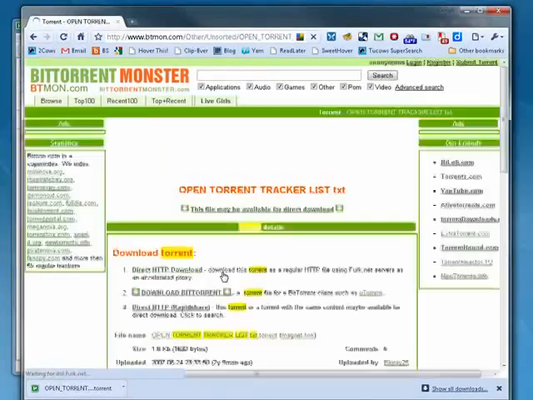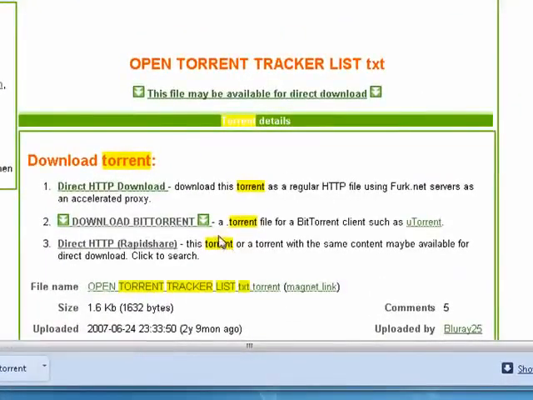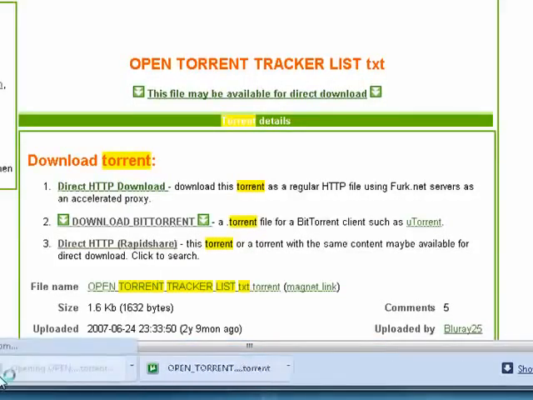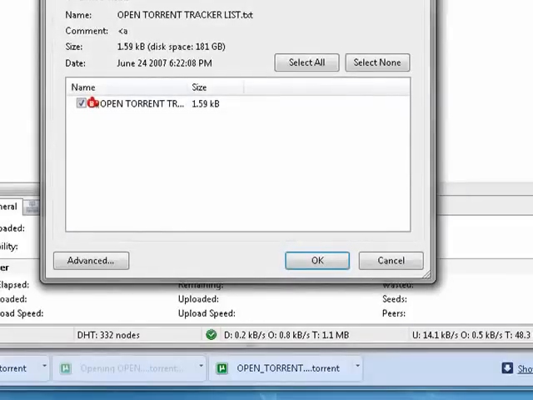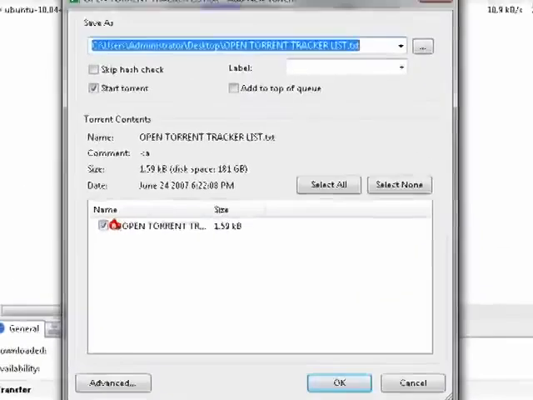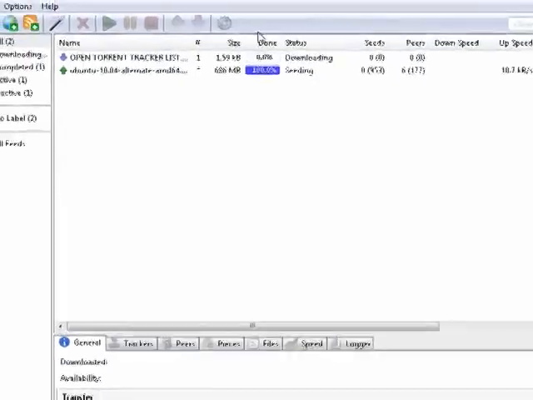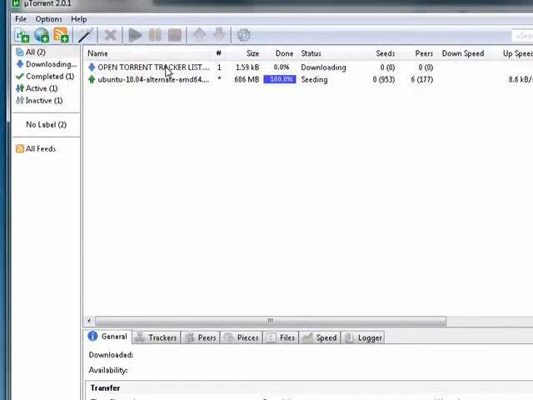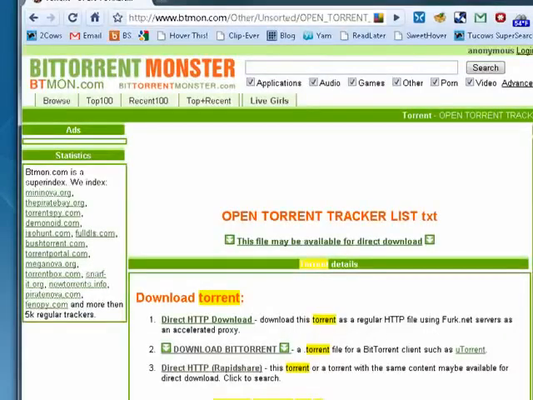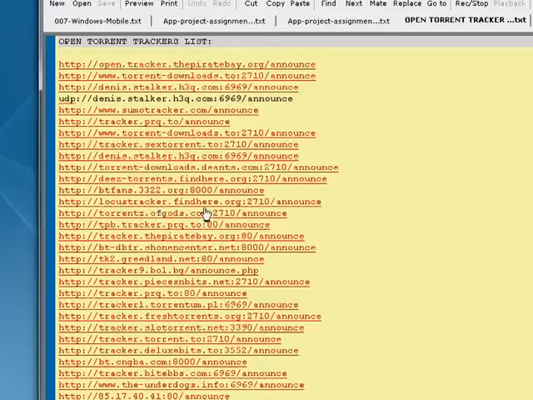So we'll click on one at random. Here's one that uses BitTorrent. So we'll double click on that. Click here. It opens up our torrent. We're going to save it to the desktop. You see here, it's downloading. And it's done. Now, we can close these, and just to show you, essentially a text file that has updated